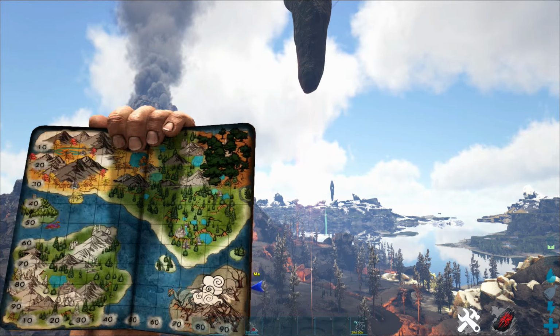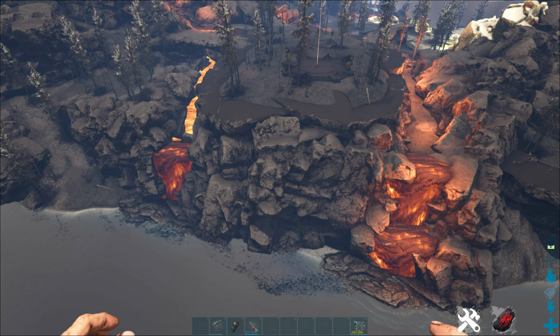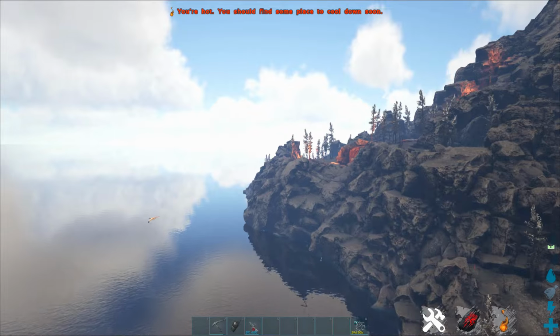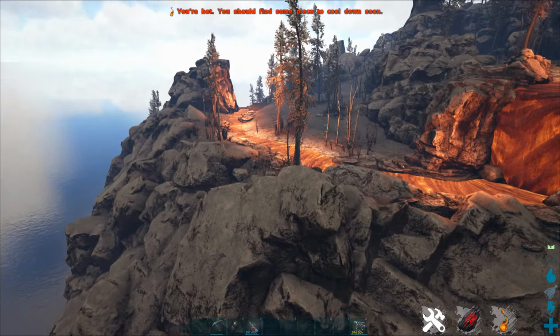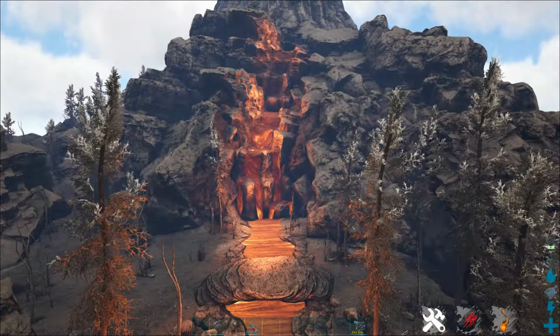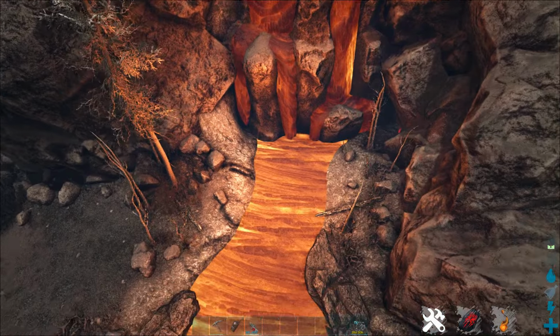We are directly below the red obelisk, really close to that first location I showed you, next to these lava falls that go down to the ocean. If we continue along the coast towards the south, there's another lava river. We're going to follow up this river above the lava falls,